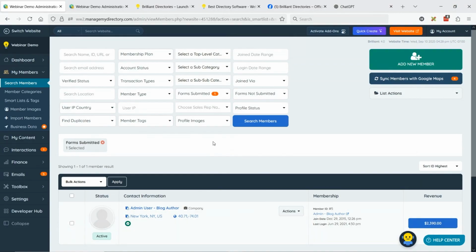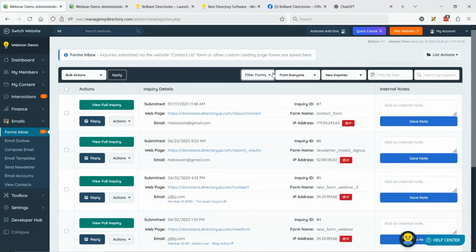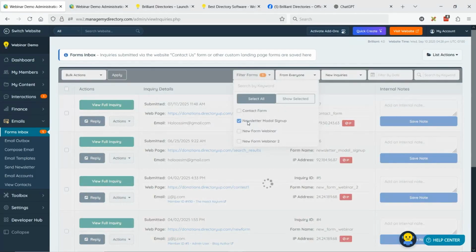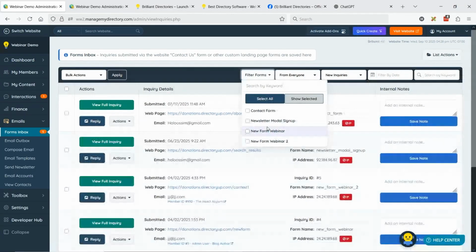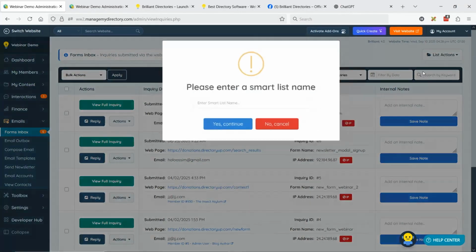For public forms on your site, you can also go to email forms inbox. And here also you can filter by the form. So if you want everyone who's filled out your newsletter form, for example, you can filter for that. Other things you can do after you do that filter is create a smart list and just say,